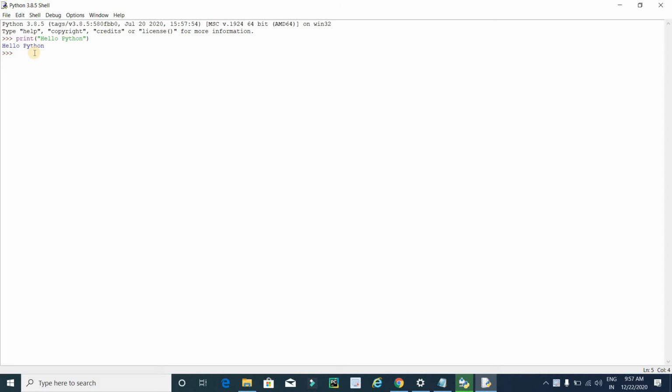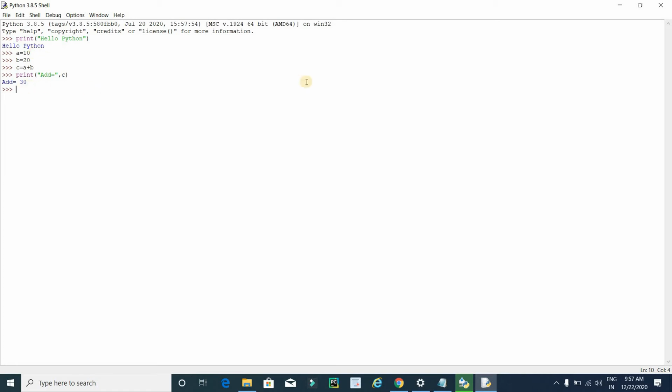Now I am going to create a second program of addition. So I will take a variable a and assign 10, another variable b, and I will assign 20, and a third variable to store the addition operation. So I will write here c equals a plus b. Now it's time to print this. So I will write print add, then a single comma and variable c. Now the program is done. To run this program, just press enter. This is the first method to create and run a Python program.